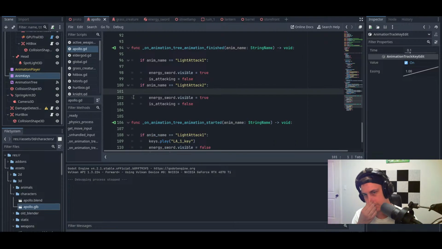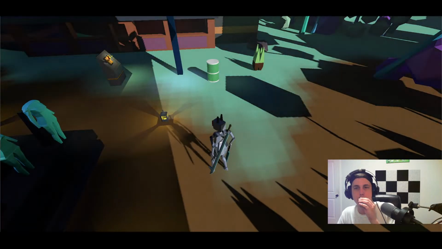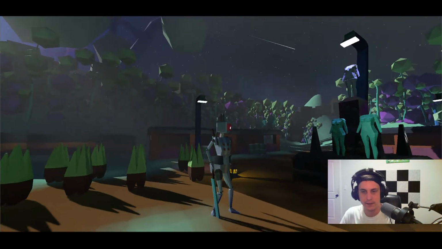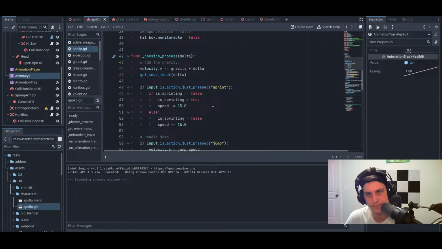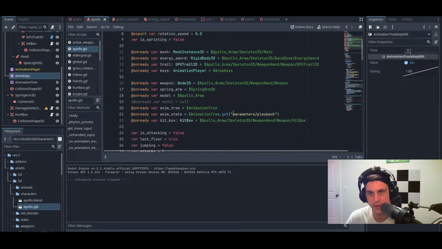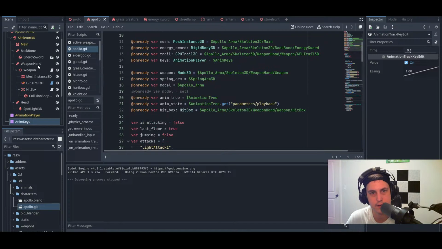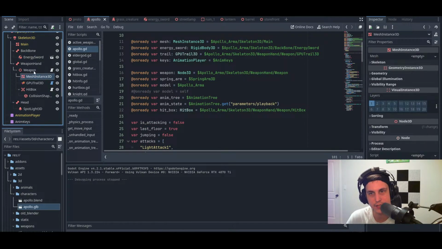What happens when I jump in and don't attack yet? Okay, the sword is very visible when I don't do that, so we're going to do, so mesh, that's our main mesh. If we do energy sword or a weapon mesh instance,